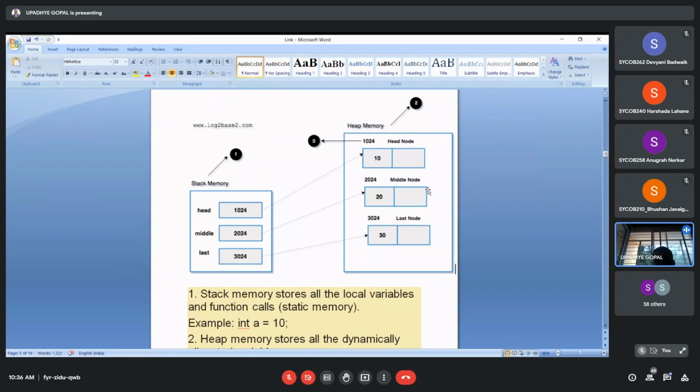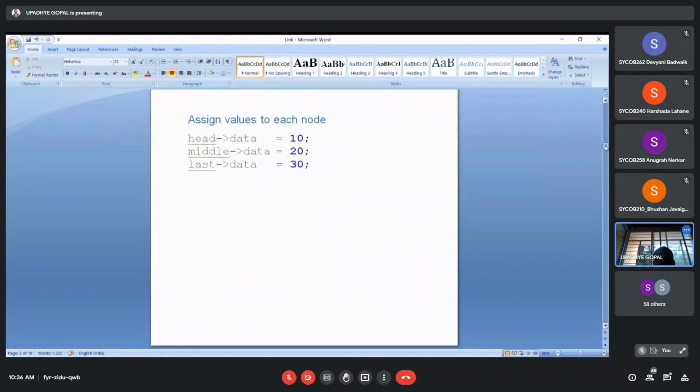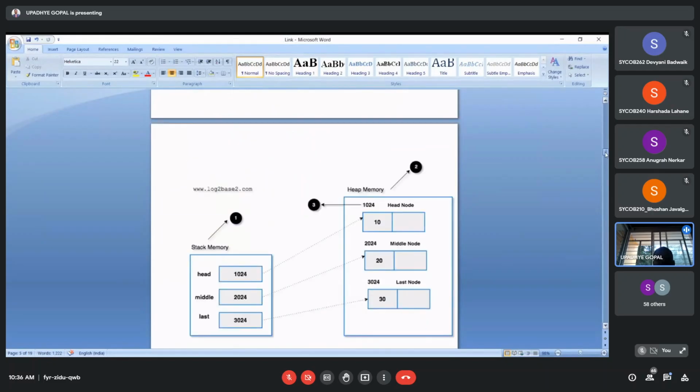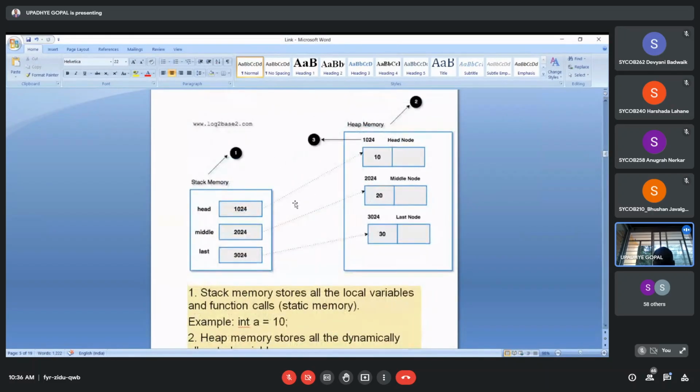Then the first element which we have to insert, we have to assign head as 10. So we will pass the value 10 to this particular address 1024. Then the second value 20 will be passed to the next pointer's memory location 2024. Then the third, 30, will be transferred to 3024.